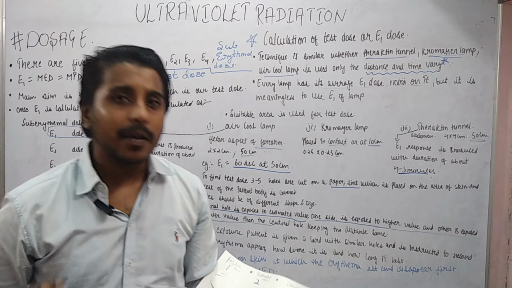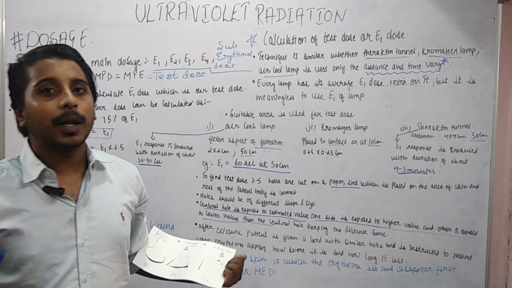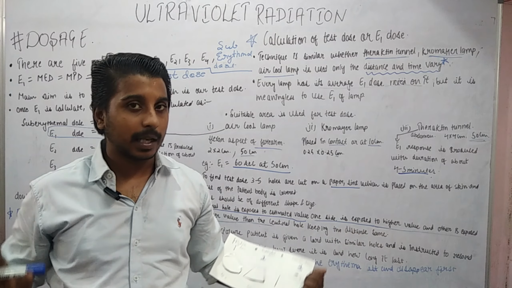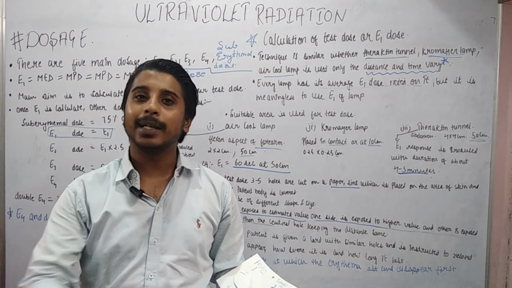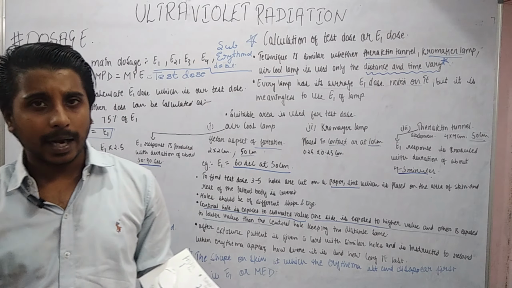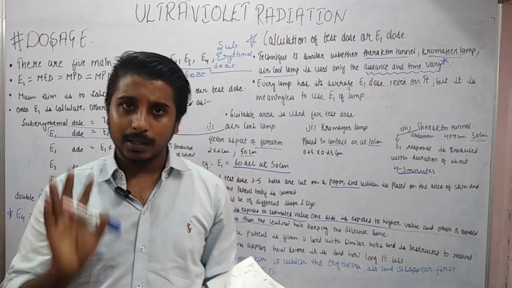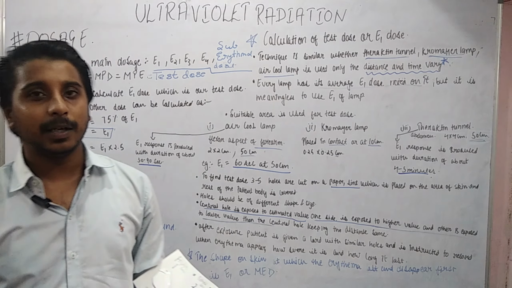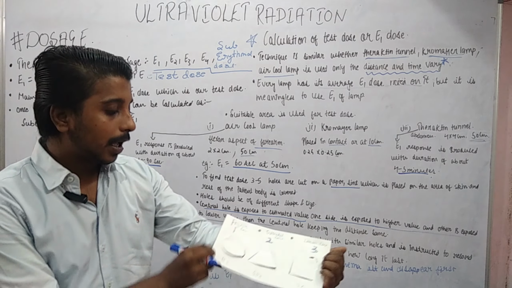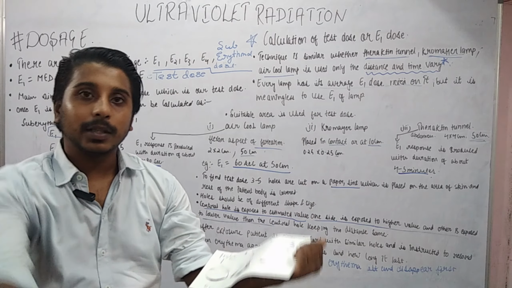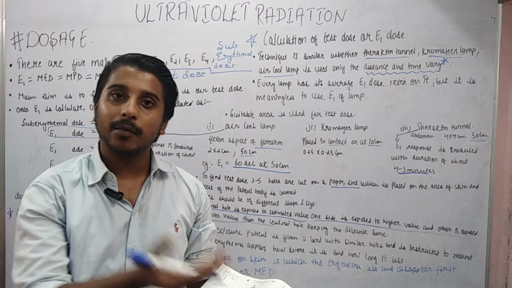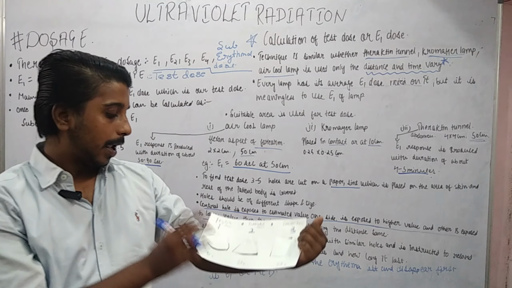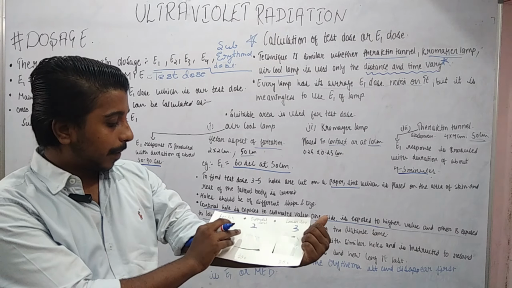So now I will make the patient sit in a comfortable position. Other body parts are covered while this part is exposed. I will check whether he has taken any kind of drug such as psoralen or antibiotic or even any drug. I will check all that and clean the area of skin because there are ointments which are applied by individuals. After all that, I will switch on the lamp, and some lamps require a warm up period. We will give warm up, while others do not require. We can directly apply.